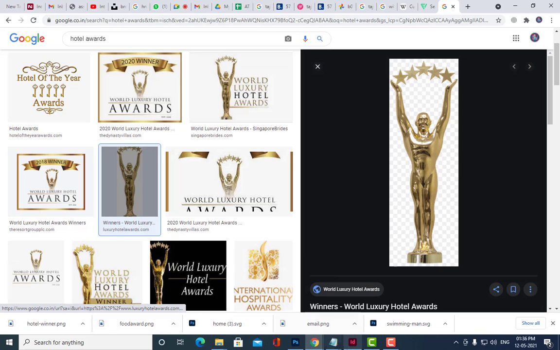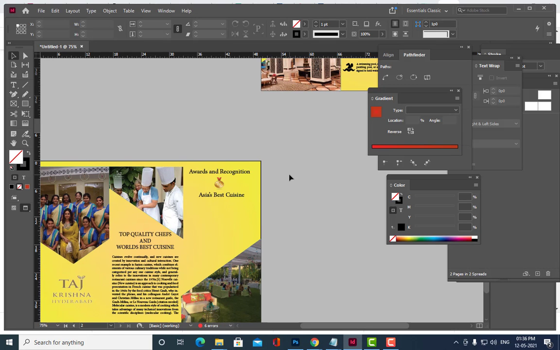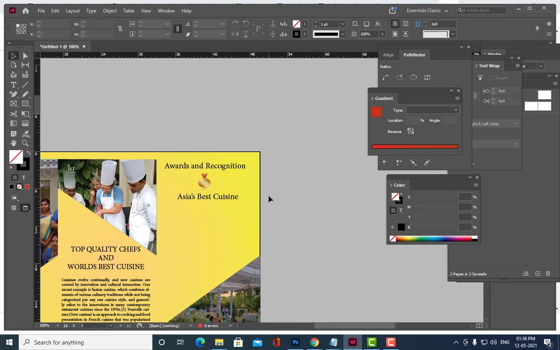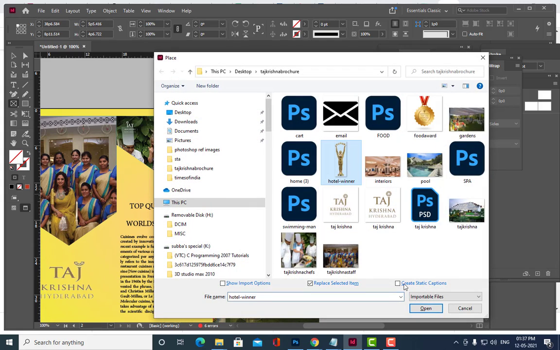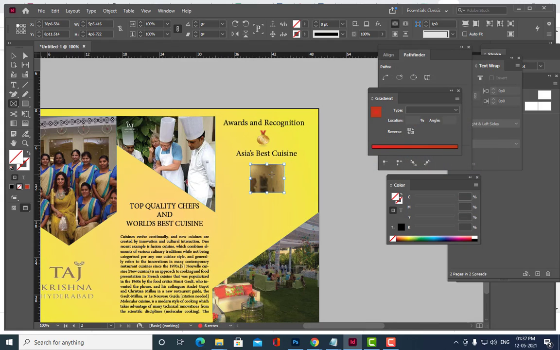Okay, then we'll just come back here. We'll just take a Control D. So we'll just fill frame proportionally.